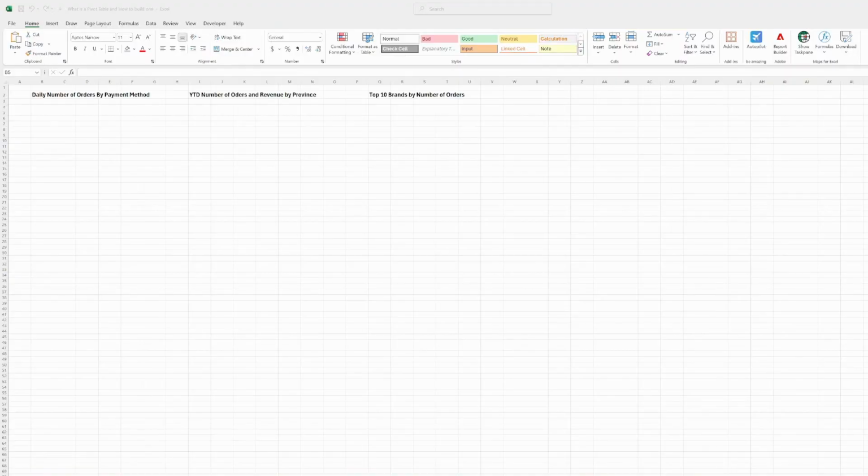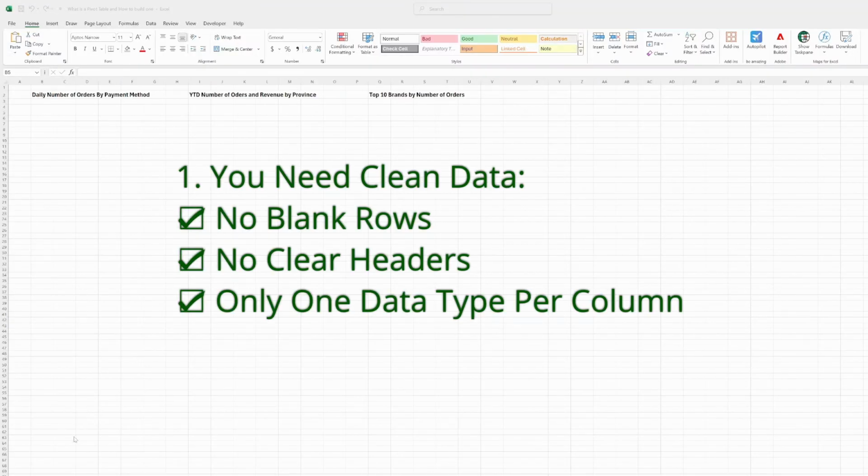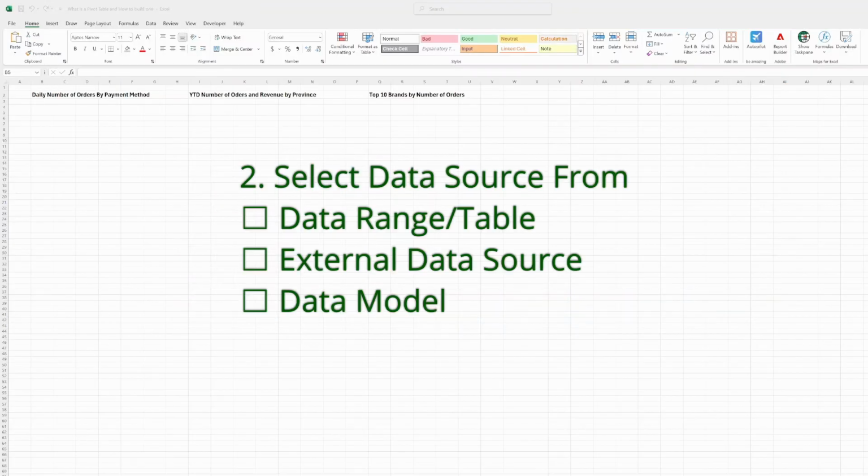Let's go on and create a new pivot table step by step. So the first thing is you have to be sure that the data you have is clean. There are no blank rows, there are clear headers, and there is only one type of data in each column. Then you will have to select your